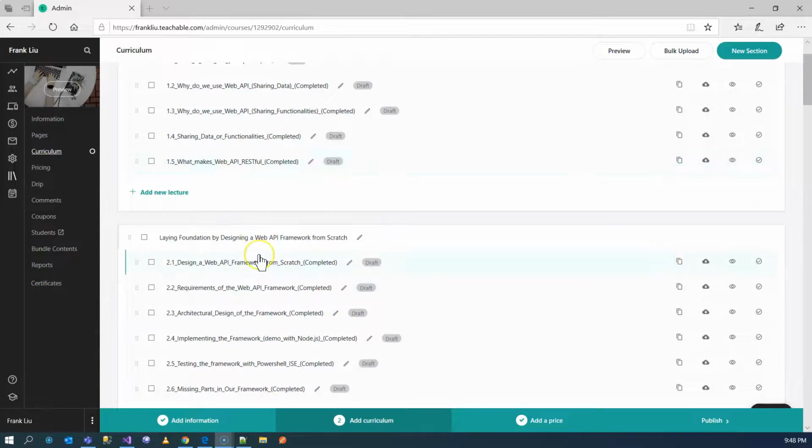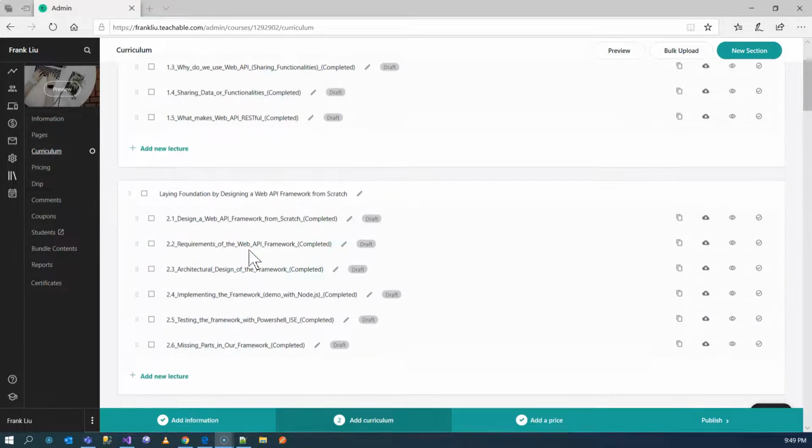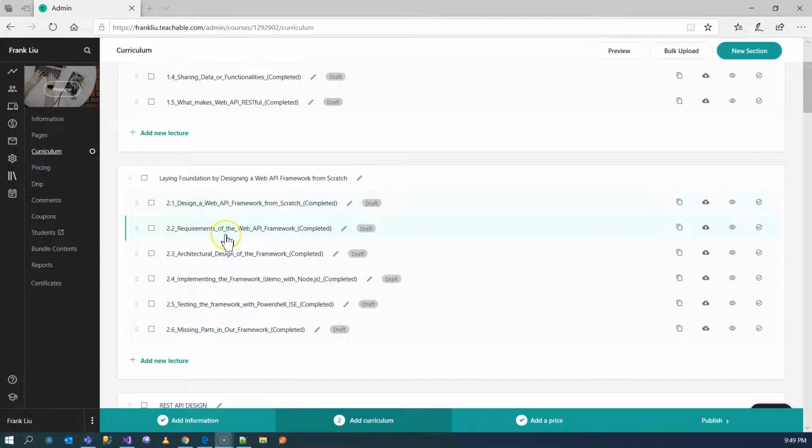And then in the next section, we are going to lay the foundation by designing a Web API framework from scratch. We're going to talk about the requirements, and we're going to talk about the architectural design of the framework. And we're going to implement it. Well, not actually implementing it, but borrowing Node.js. We're going to use Node.js, and we're going to demo the process of implementing a